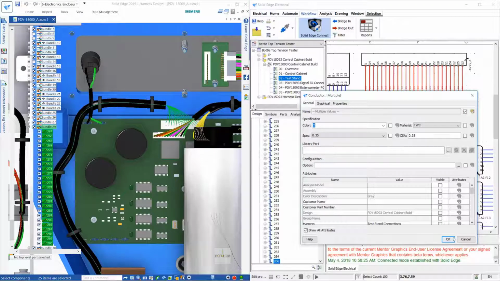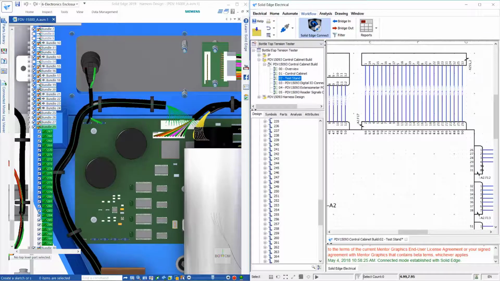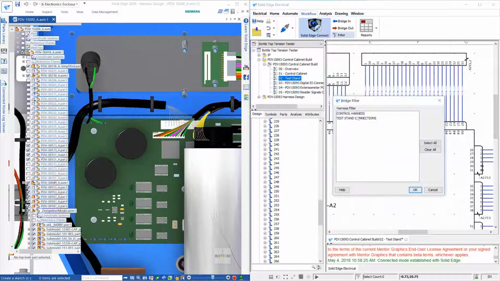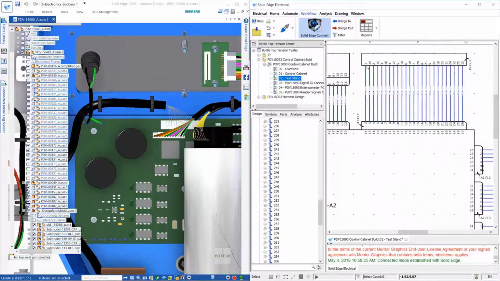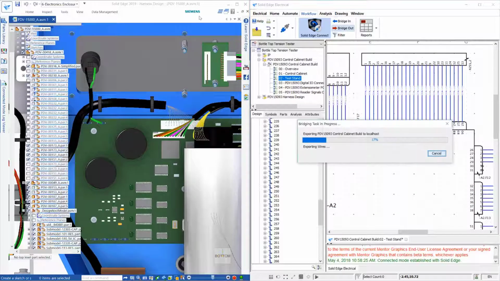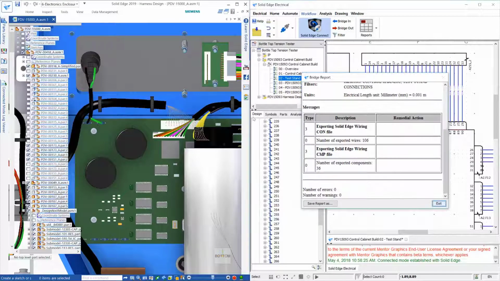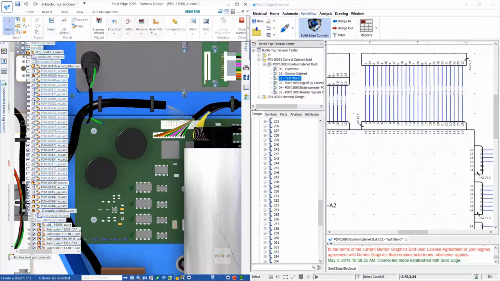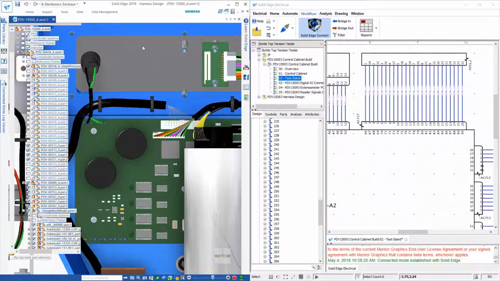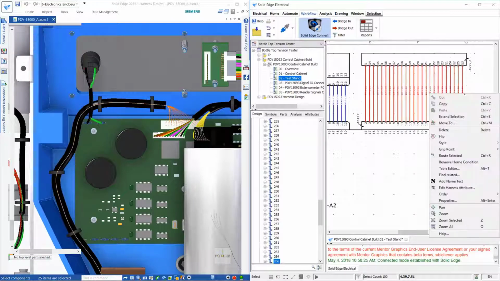Additionally, any changes made in either environment will transfer across, such as changing the color of these wires in the electrical environment. These changes can quickly and easily be sent to Solid Edge in order to update the harness. Also, wire lengths will be transferred from Solid Edge so that it's possible to properly analyze the impact on wire gauge or fuse size and to calculate the voltage drop, as these will help reduce costs and trap any